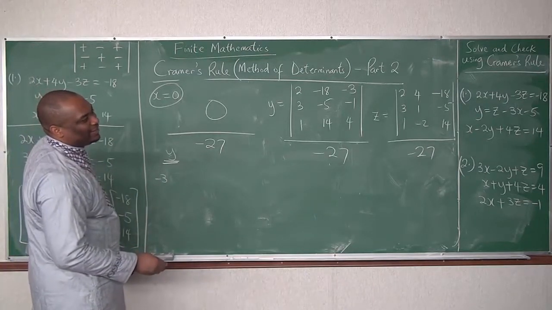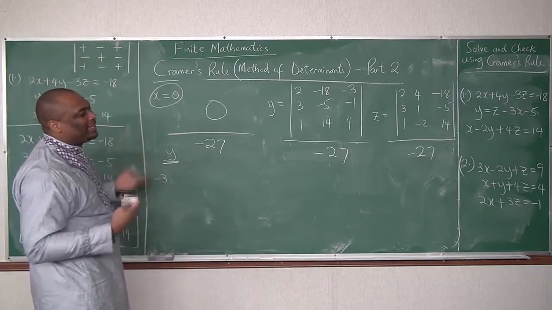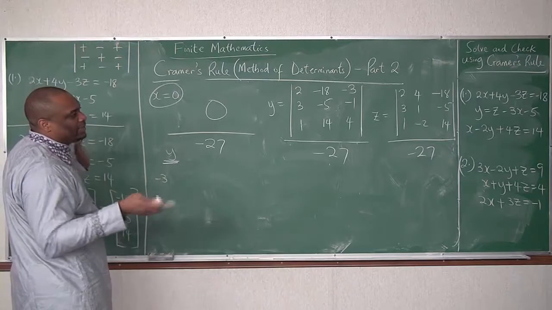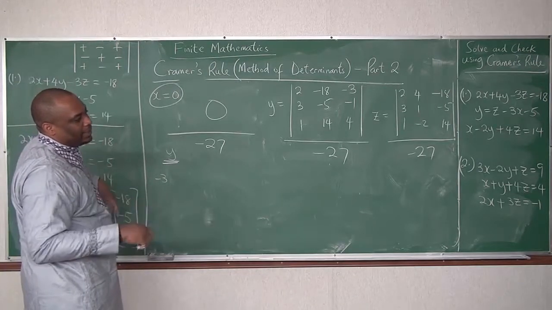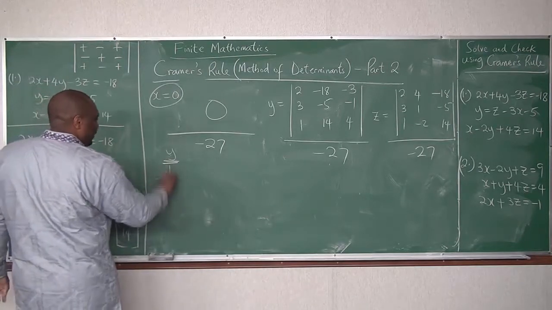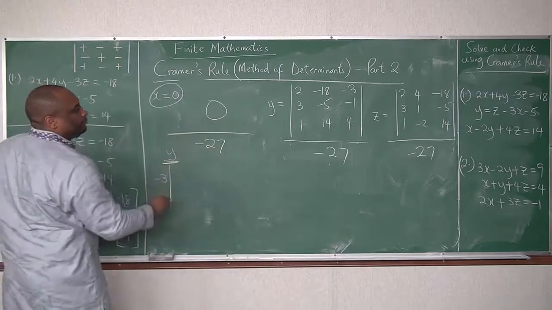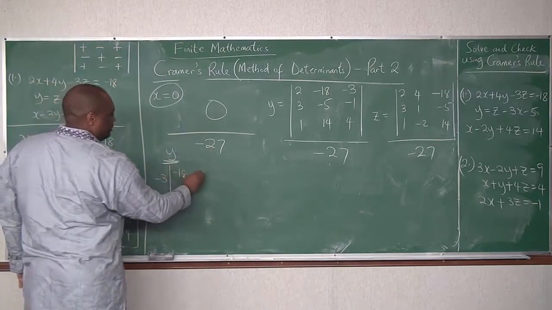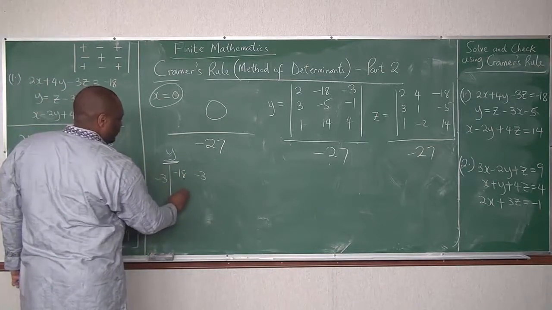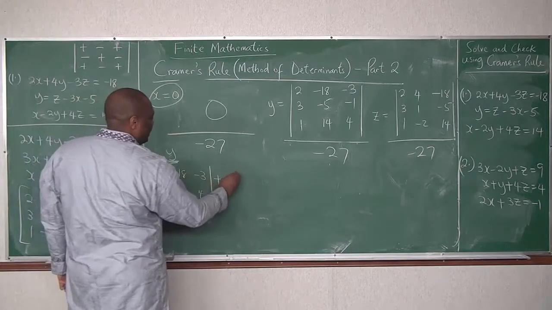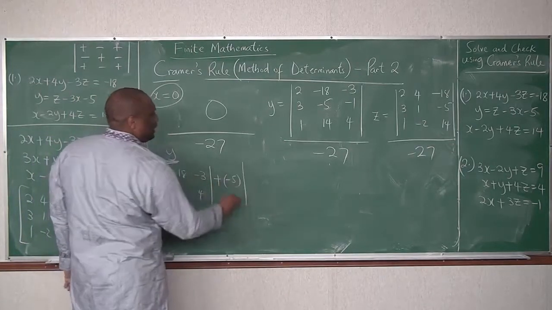I'm always using row 2. I can use row 2 or row 3, it doesn't matter. But row 2 is easier for me because it has the smallest numbers. So this is minus 3 determinant, minus 18 minus 3, 14, 4, then plus minus 5 determinant,